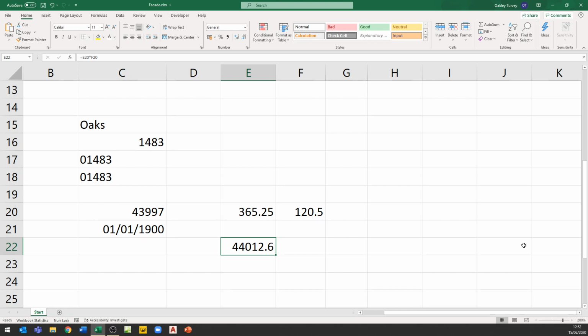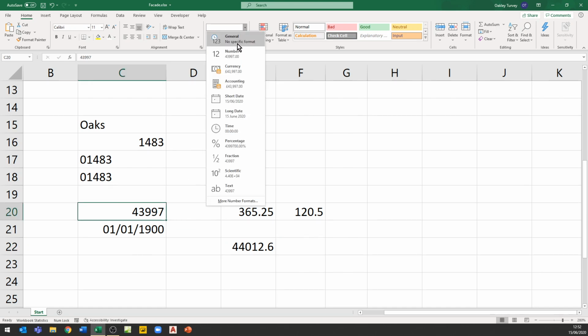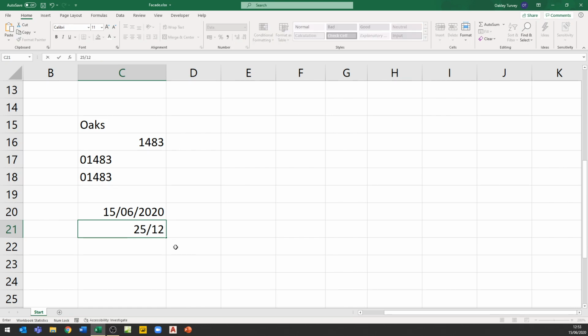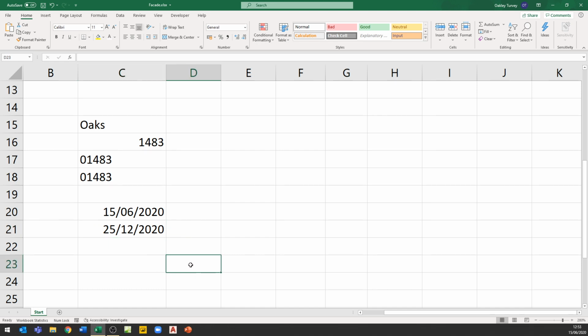Okay, so what does this all mean? Well, actually, it's very important because we do want dates to be recorded as numbers because we do want to do maths on them. So let's imagine that that date there wasn't actually the number 1. It wasn't the 1st of January 1900. So let's imagine it was the 25th of December, which happens to be Christmas Day. Now, can I do maths on this? Well, yes, of course I can. I can say that this cell here equals Christmas minus today, and I press enter, and I've got 193 days